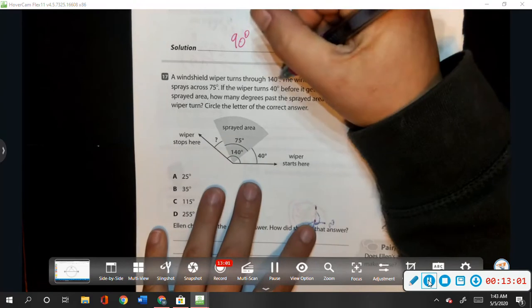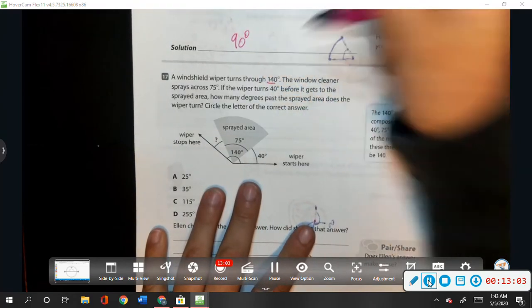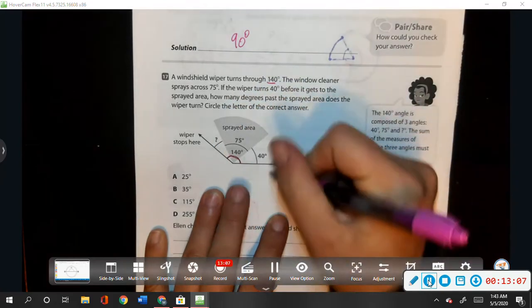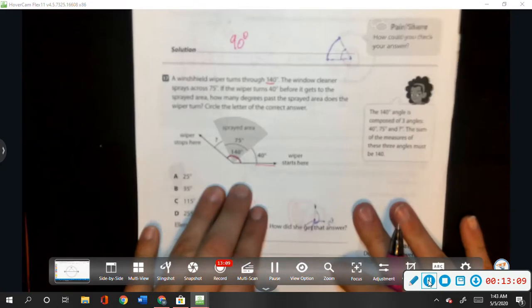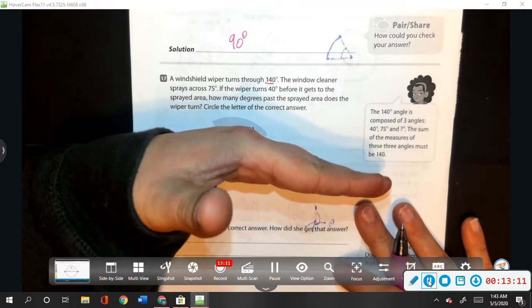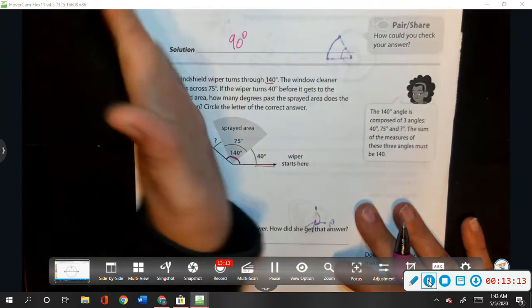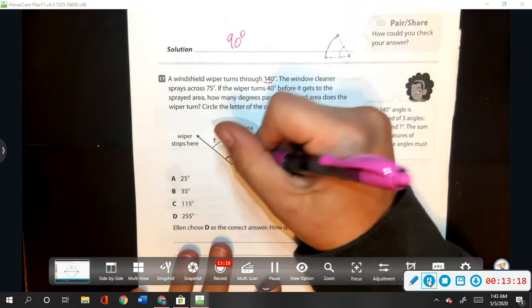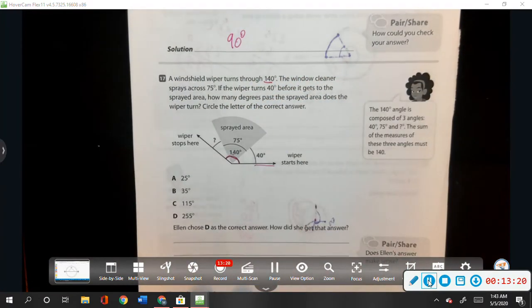So the wiper turns at 140 degrees. That's your big angle down here. If you think about the way that car wipers work, they start down and they do this. So that's what this is doing. And it goes to 140 degrees. Now, the area that gets sprayed